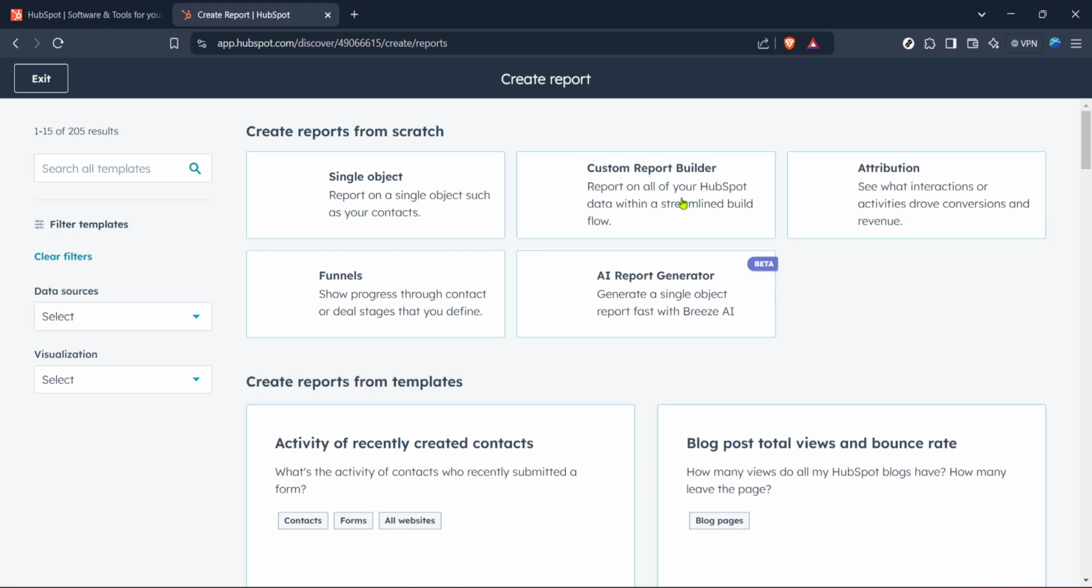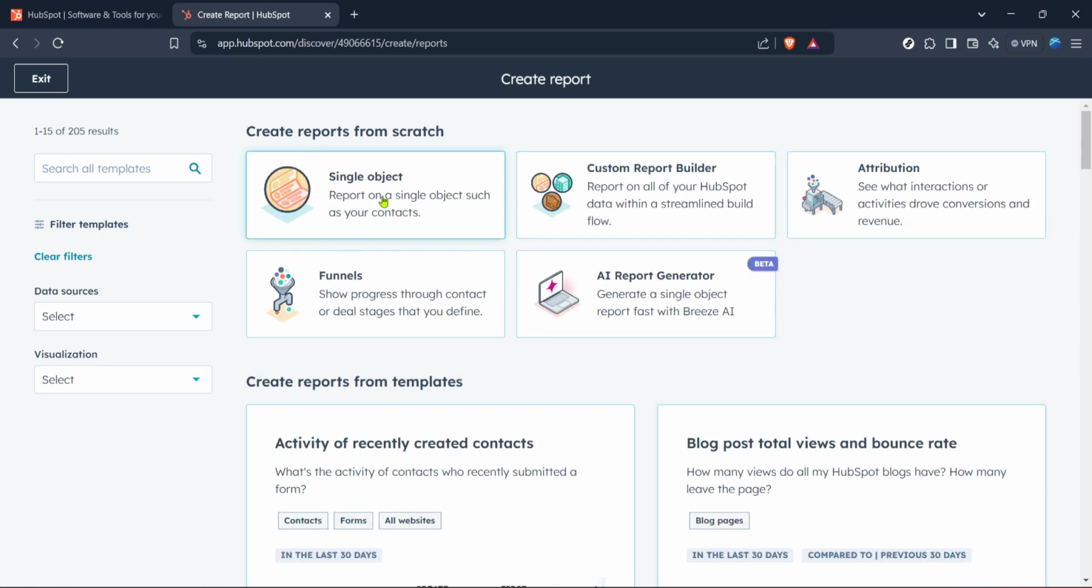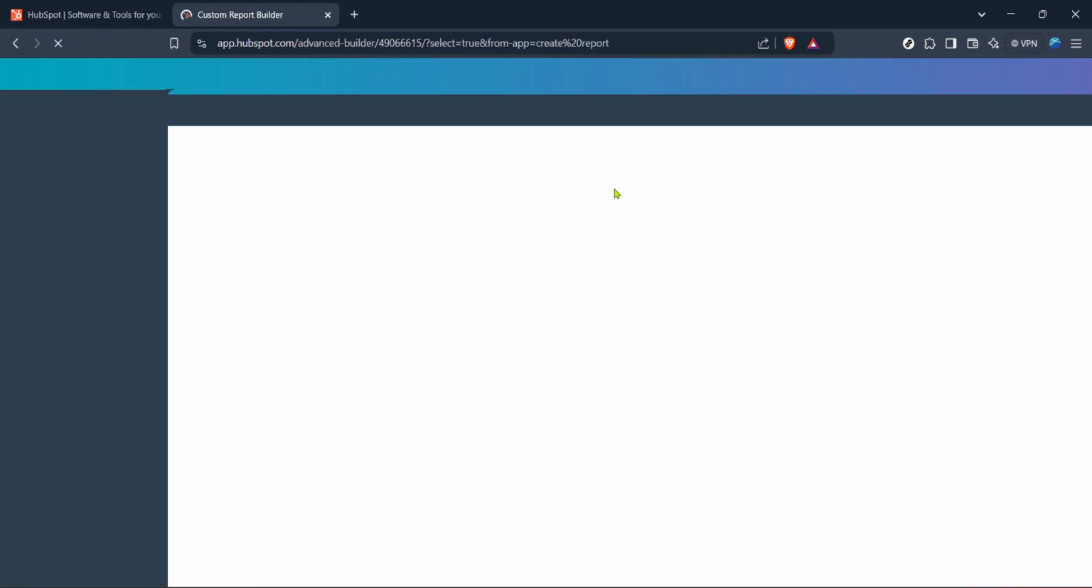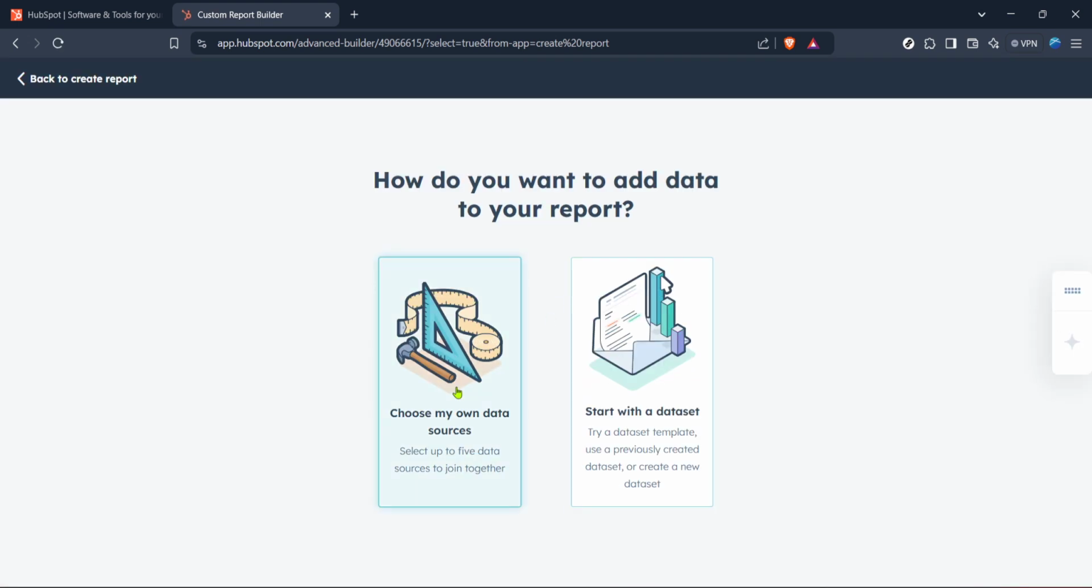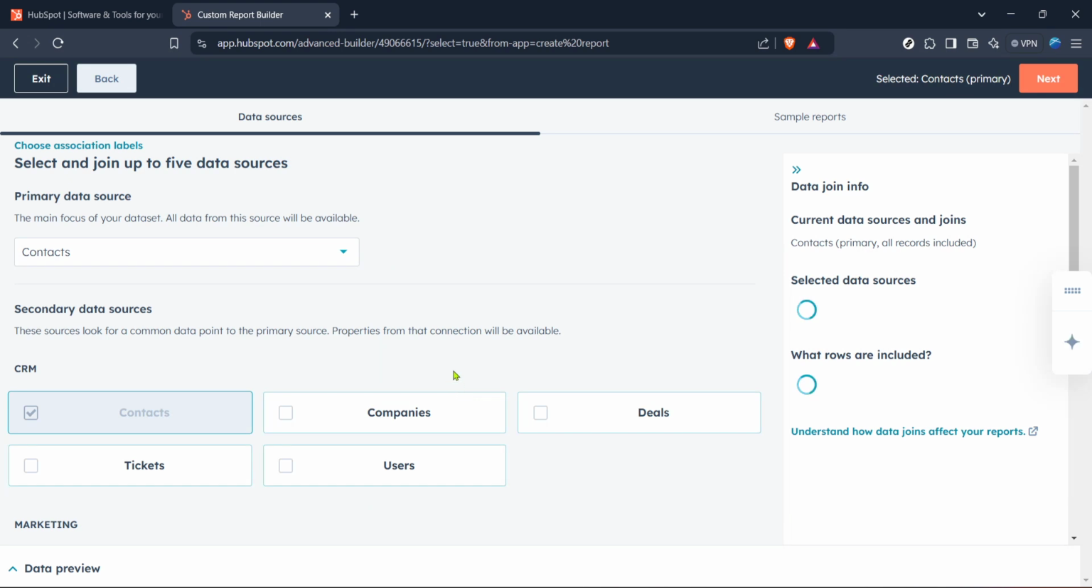Next, you'll be prompted with several report building options. Since we want a tailor-made solution, click on Custom Report Builder. This allows you to select what data to use, giving you flexibility and control over what the final report will showcase. The page will guide you on selecting data sources, which is crucial for ensuring that your report contains the